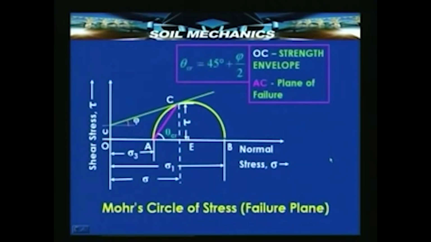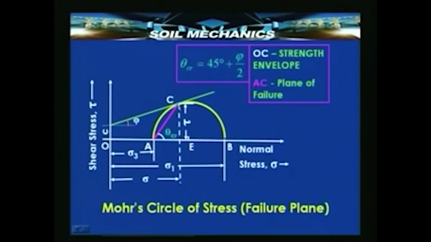It can also be seen that it is possible to plot a complete Mohr circle for this, and if we do that, what we will have is, we already know sigma and tau. So, take a typical value of sigma and typical value of tau and plot them, you get the point C. Then you can draw a tangent to this. In the most general case there will be an intercept, but in this particular problem there will be no intercept and the Mohr envelope will pass through the origin. And this point C being the point representing the state of stress on the failure plane,